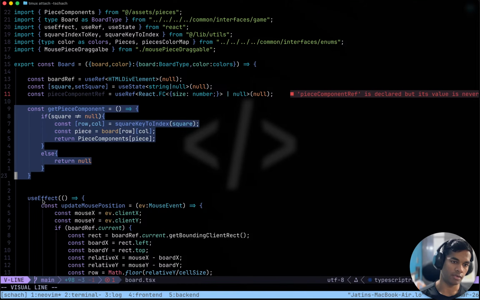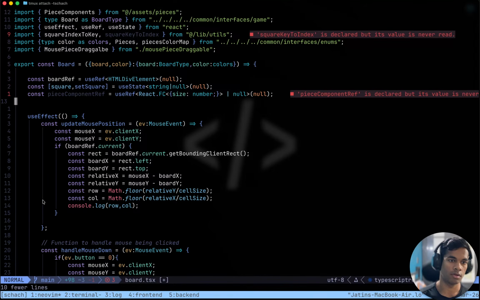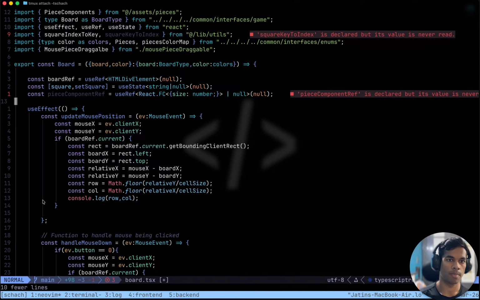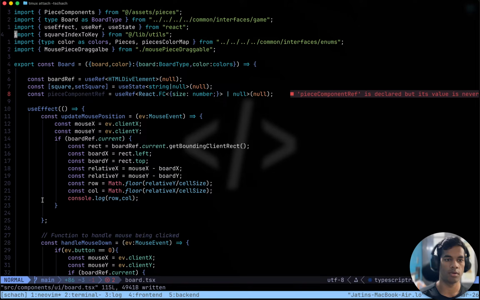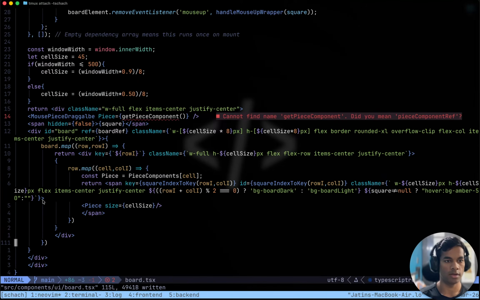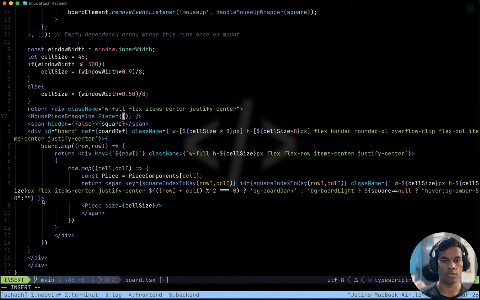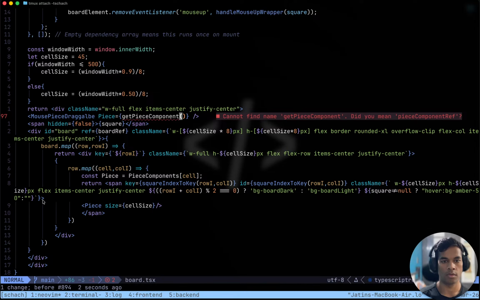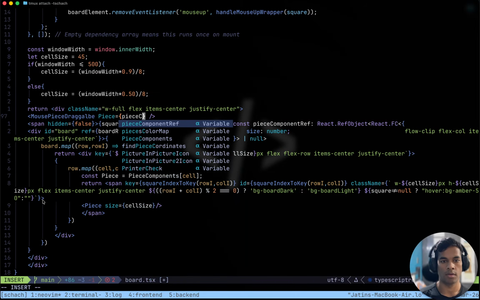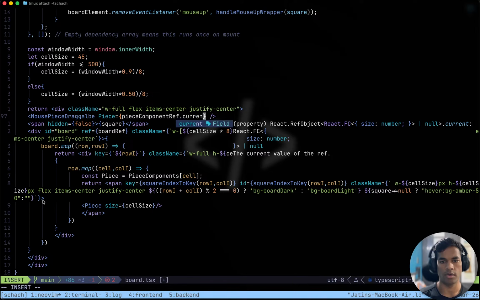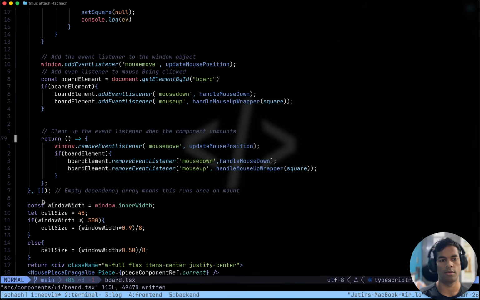Get piece component, we don't need to use this. We don't even need to use this function now. We can hopefully here use piece component ref dot current.